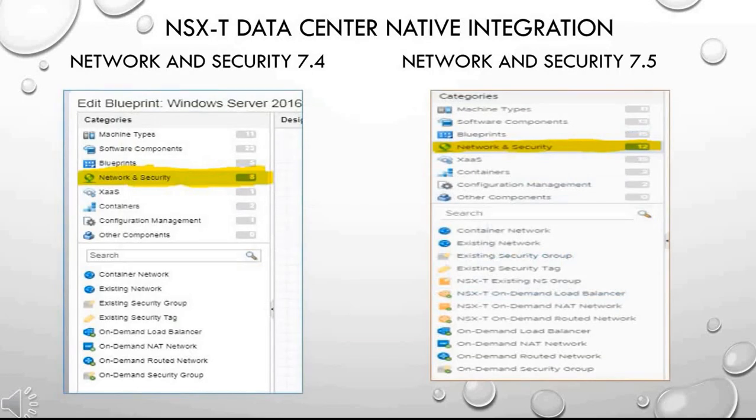The next thing to discuss is NSX-T support in vRealize Automation 7.5. This means that users can quickly get started drag and dropping NSX-T objects, NS groups, NSX-T on-demand load balancer, NAT networks, and on-demand routed networks onto their blueprint after they add the NSX-T endpoint. You would have noticed four new options added in the Network and Security tab, as is clearly shown in